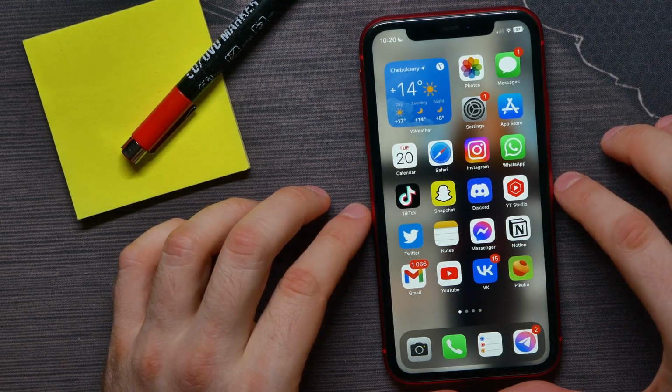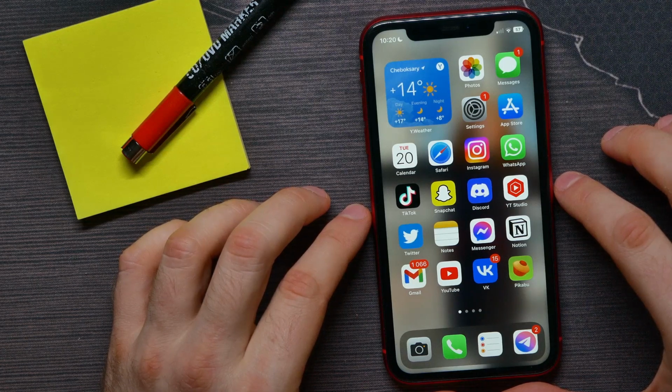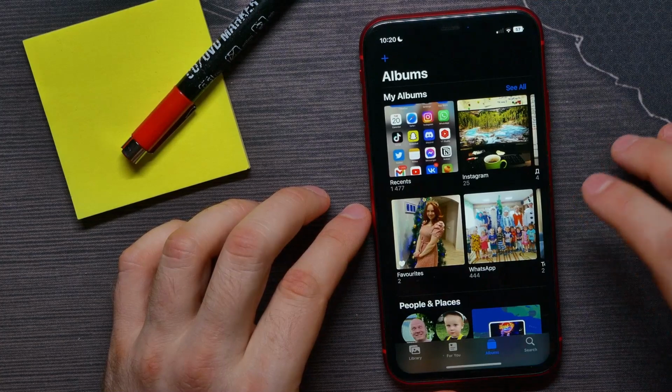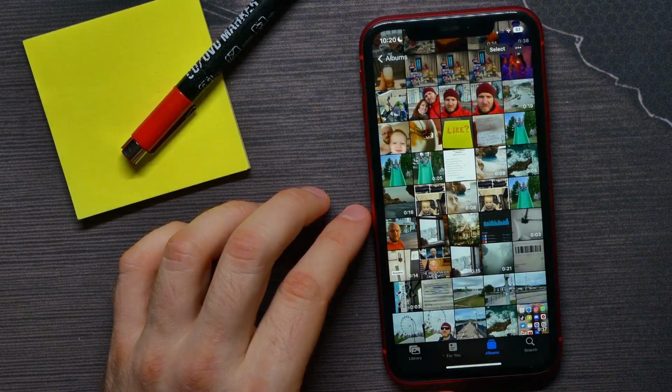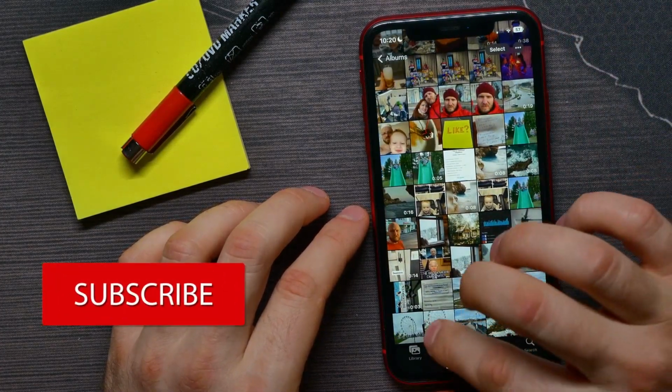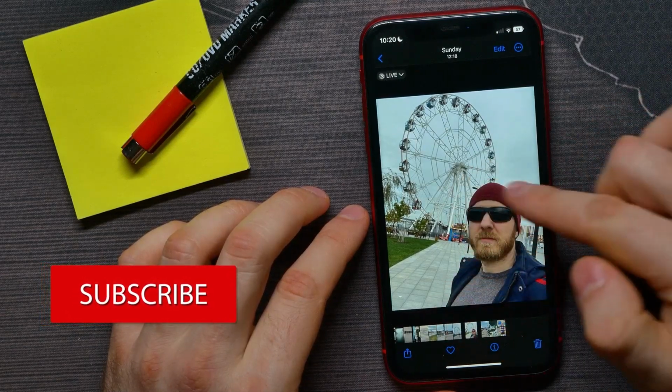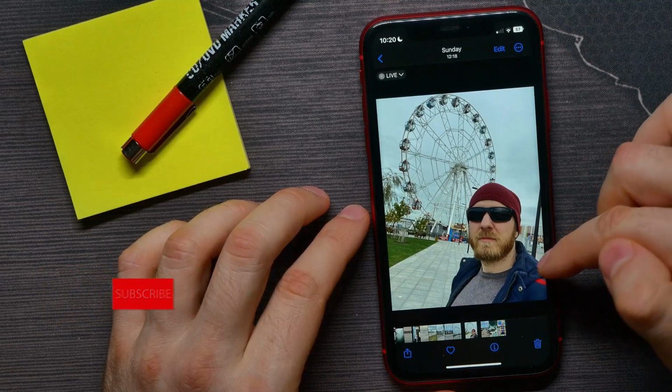This feature works on iOS 16 and later versions, so first make sure that you have updated your device to the latest iOS. And then open up your Photos app. Hit on some album, and then let's say I want to extract that object, that actually is me, and I want